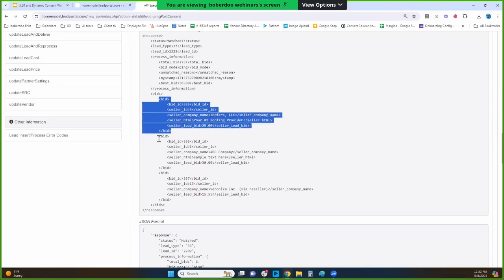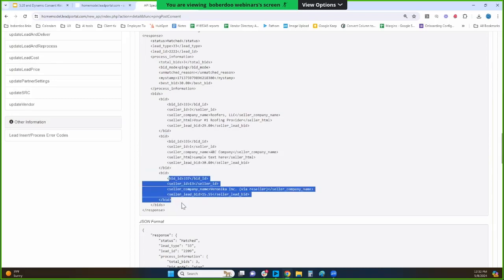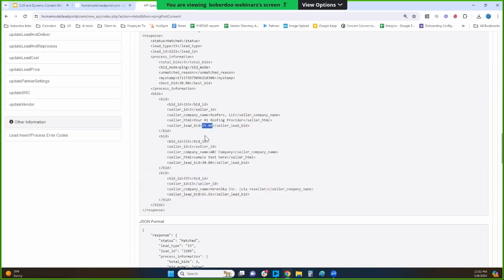So in here, the top pretty much is all the same, but you have those individual bids for each company in there. So you'll have bid ID 33, 35, and 37, all with unique bids and companies that are associated with them. Those would be the dupe then,